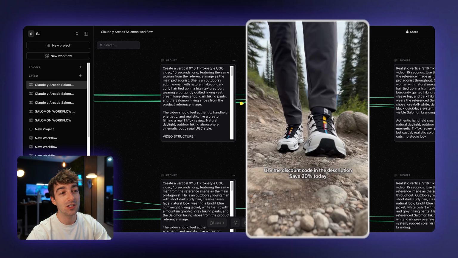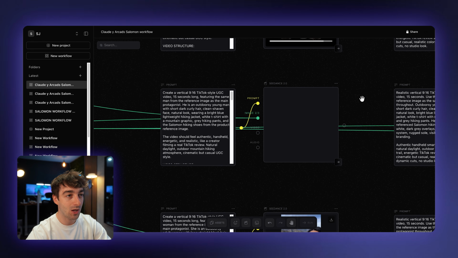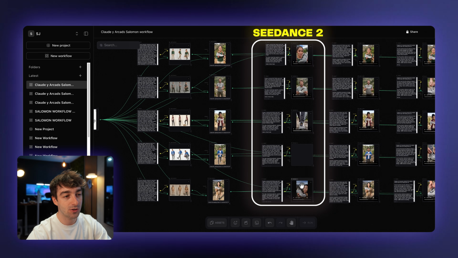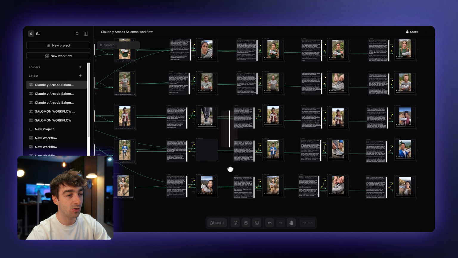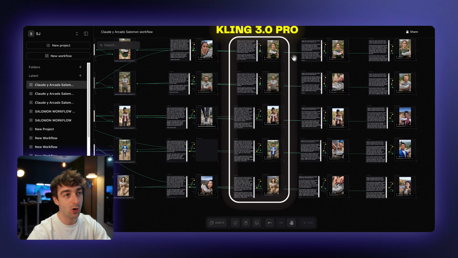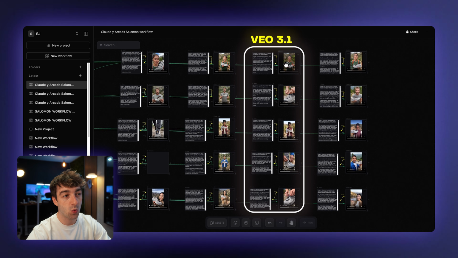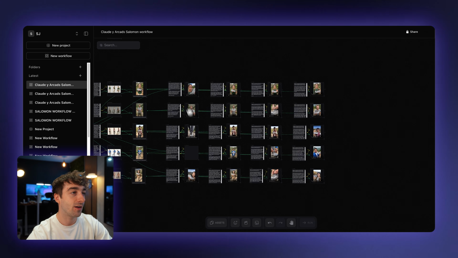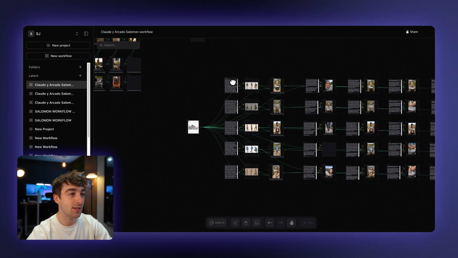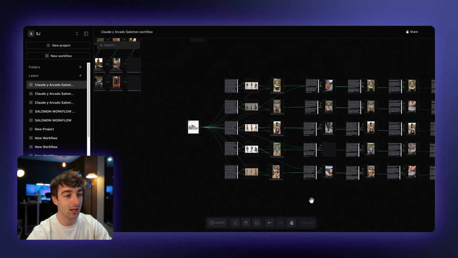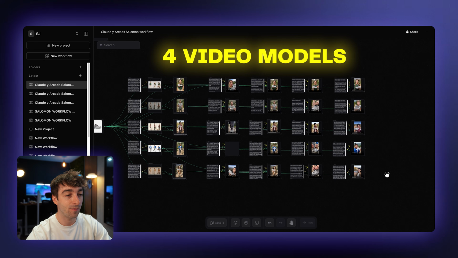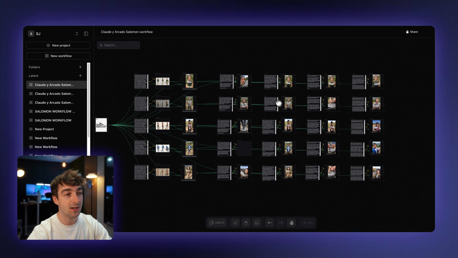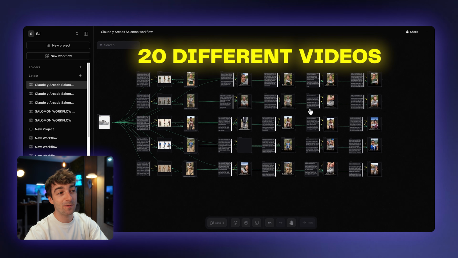And this looks great, and you can expand this even further. So if we go ahead and zoom out a little bit, you can see that this entire row is Seedance 2, but then we have this row here, which is Kling 3.0 Pro, and this is Google Veo 3.1, and then this row is Sora 2 Pro. So you can see that from one image, we've created 5 different characters right here, and then we're using 4 different video models. So we've got Seedance, Kling, Google Veo, and then Sora, and we're using the exact same prompts, creating 20 different